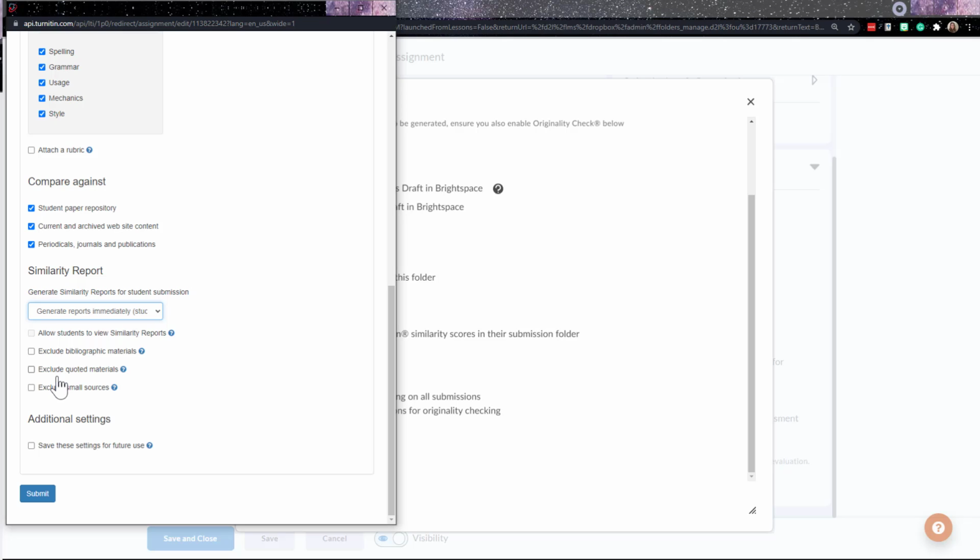Here you can exclude text appearing in quotes, so it won't mark those, it won't flag those. And here you can exclude small matches, not of significant length, determined by you. So you can decide number of words or percentage, so small sources won't be flagged. You could also choose to save these settings if you tend to use these same settings for all of your Turnitin assignments. Then when you're done with these optional settings, click Submit